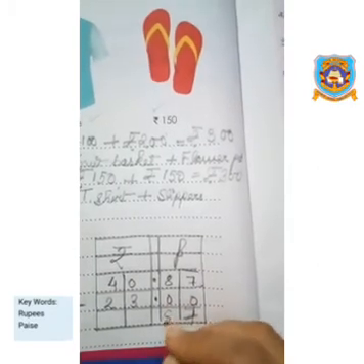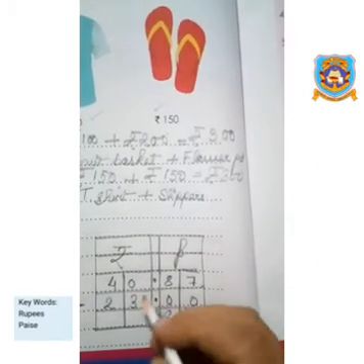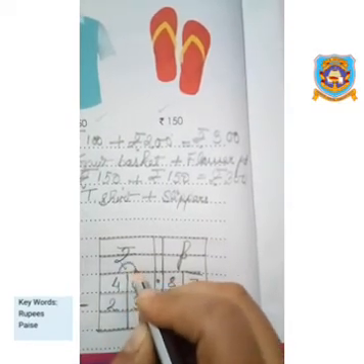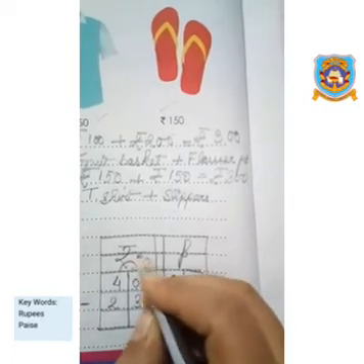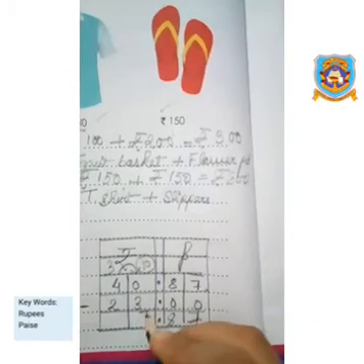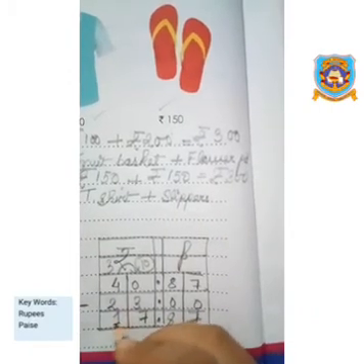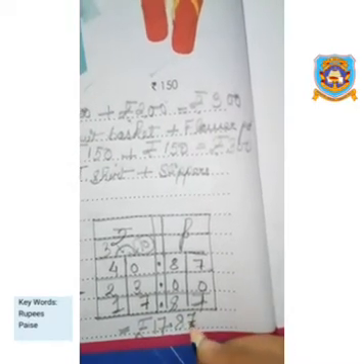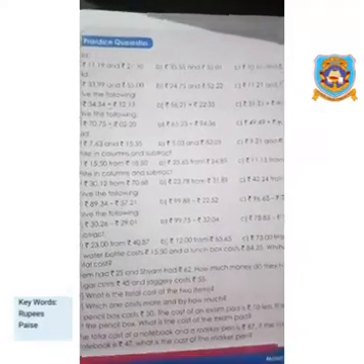7 minus 0, 7, 8 minus 0, 8, the dot will come down. Now here I have got 0 and 3 is a bigger number, so what it will do, it will borrow from 4 and it will become 10. Okay, and this will become 3. So 10 minus 3 it is 7 and 3 minus 2 it is 1. So it is rupees 17.87. Okay, the rest of the questions are not very difficult. You just have to add, make sure that calculations are correct.